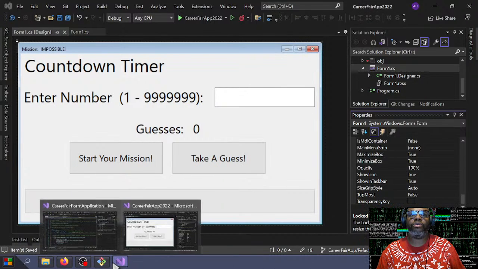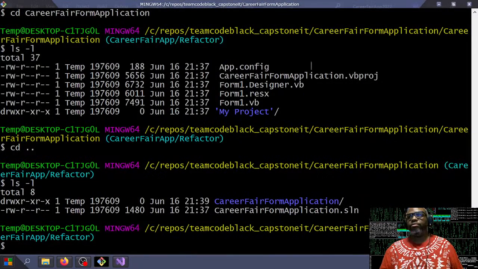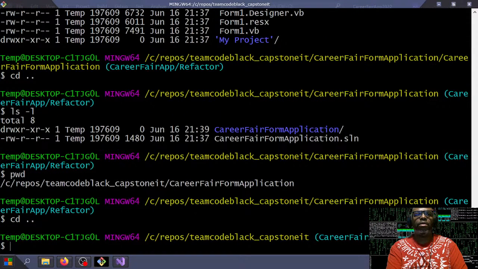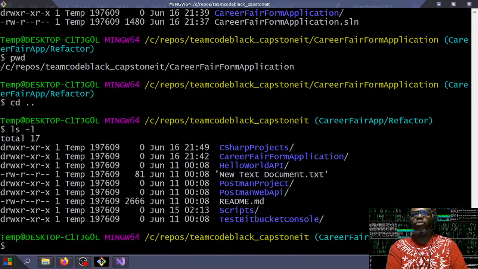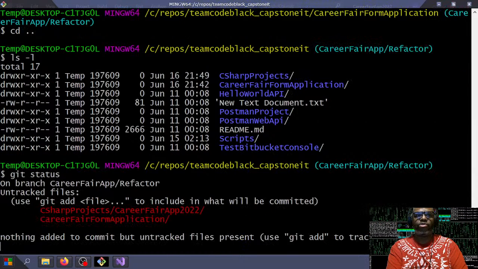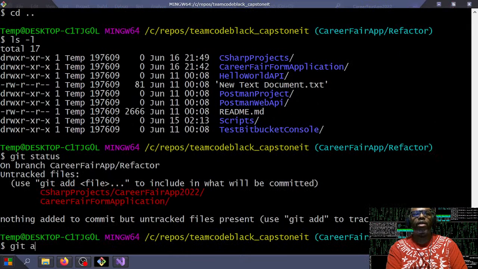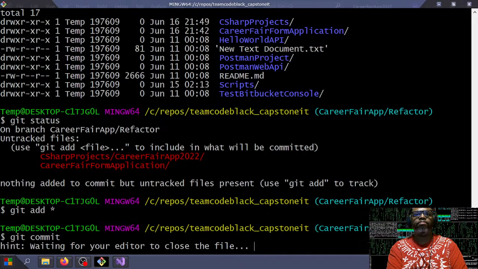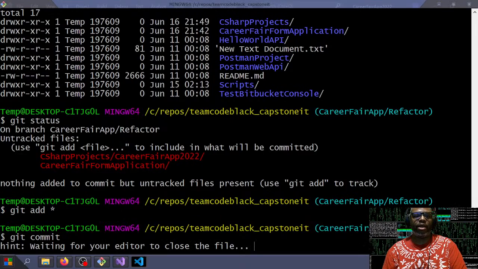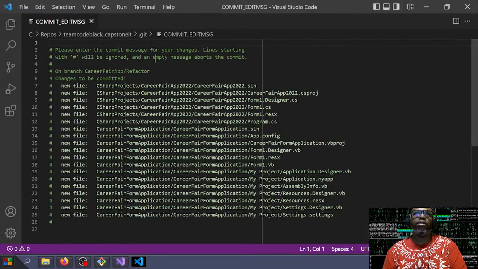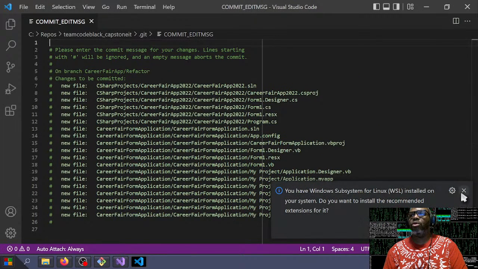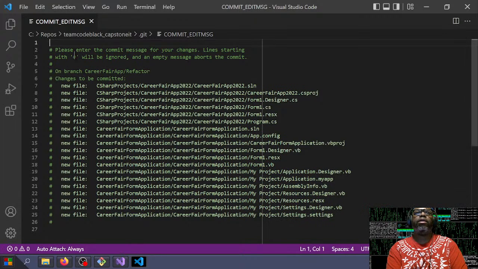And let's go over to our Git repo here. And we're going to say git status. We should have a bunch of stuff in red there. Yep. Okay. Git add this. Git commit. And that will pop up my commit message here. And in here, I'll say